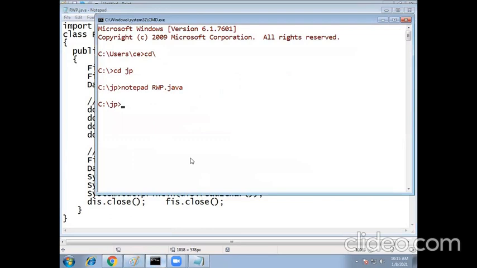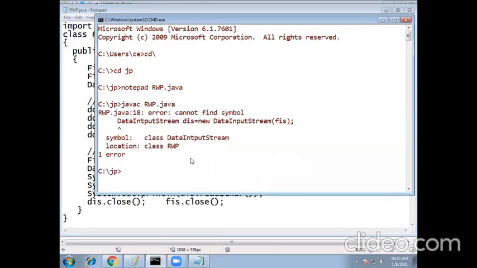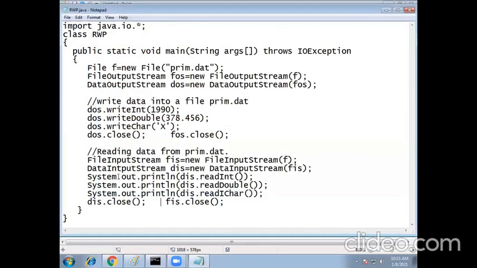Now let us compile the code: javac RWP.java. Cannot find symbol DataInputStream.